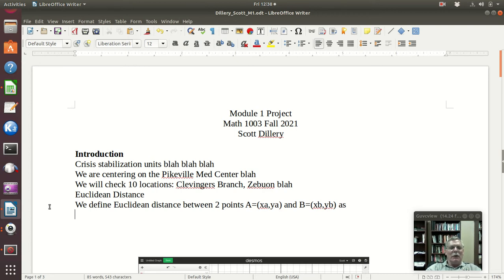You could write something like square root, parenthesis, maybe a space to make it a little more readable, XA minus XB, parenthesis, use a caret and a 2 like that, plus YA minus YB, a caret and a square, space to make it more readable like that. Period. There you go. We define, okay.